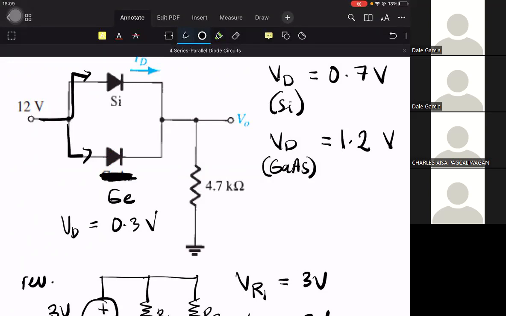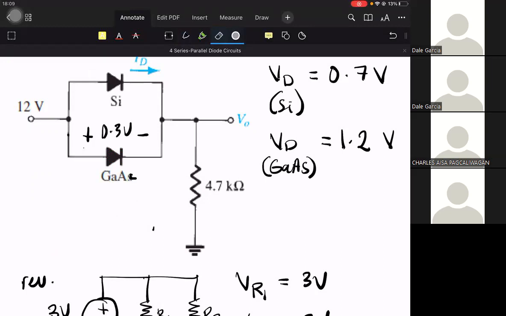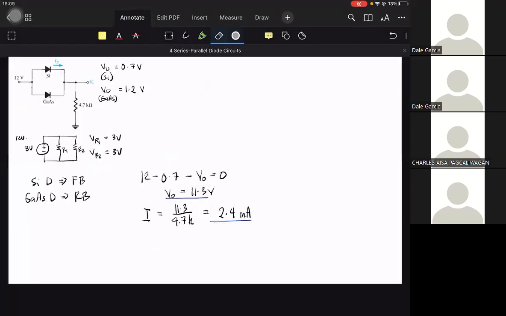But because germanium has a much lower na forward bias voltage, siya ang pinakaunang ma-turn on. So once it turns on, imong constant ang voltage here, 0.3 na siya. So if constant ang voltage, 0.3, there's no way for the silicon diode to turn on. So the same gapon nga case. If there are no more questions for this example,